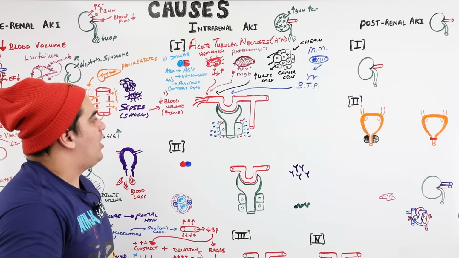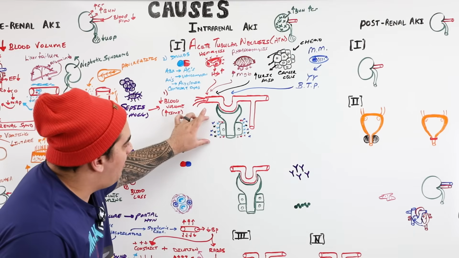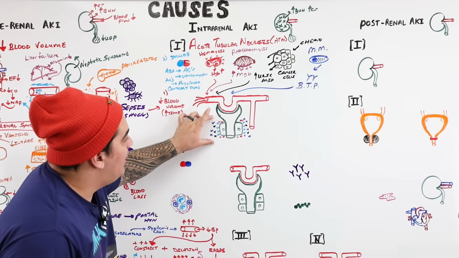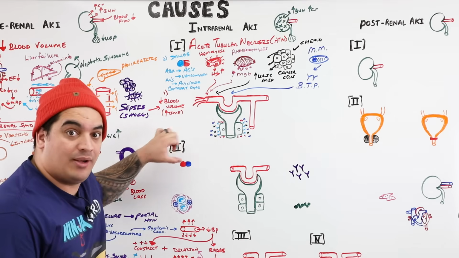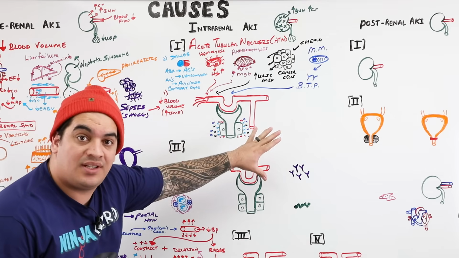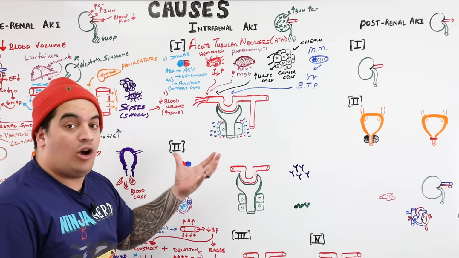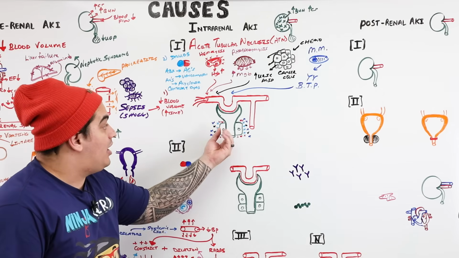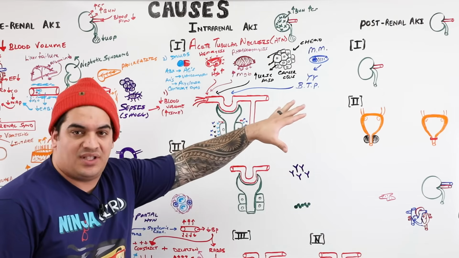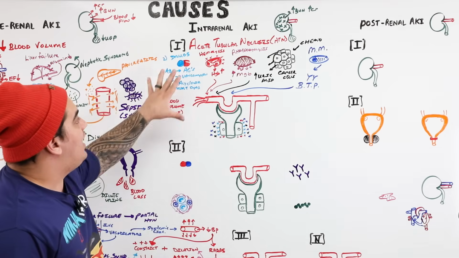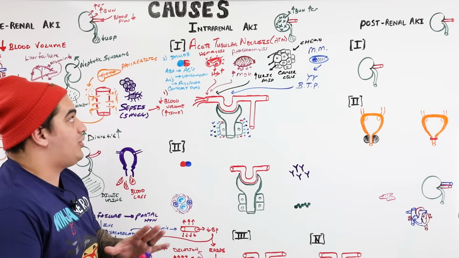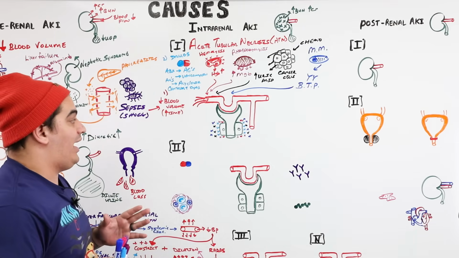It can cause visual changes as well, but this also has the ability to cause direct nephrotoxic injury, okay? So again, if you damage these kidney tubules, their ability to reabsorb and secrete substances, and to play a role within glomerular filtration, becomes very, very affected. And we'll explain that pathophysiology a little bit later. All right, so we got the causes for acute tubular necrosis, which is the most common type of intrarenal AKI.